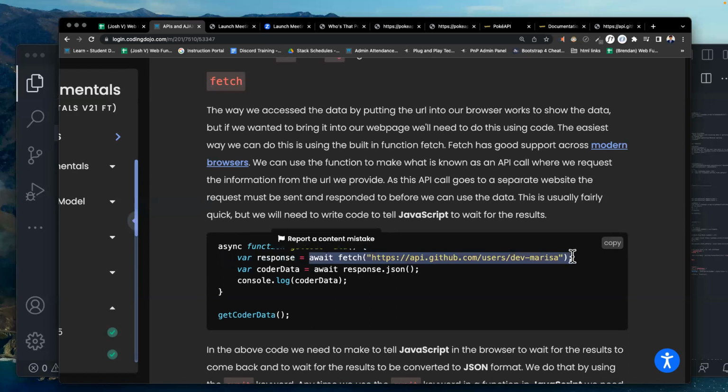Don't hold up the whole entire code just because I've asked you to search this API call. I want you to do this function and then just keep working while you're doing that in the background. So that's what this await means.